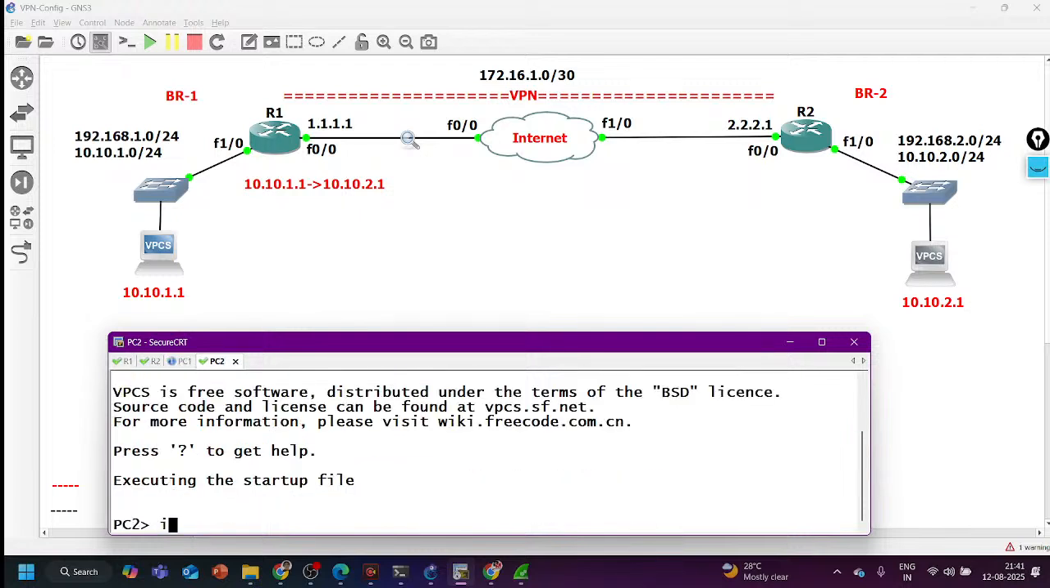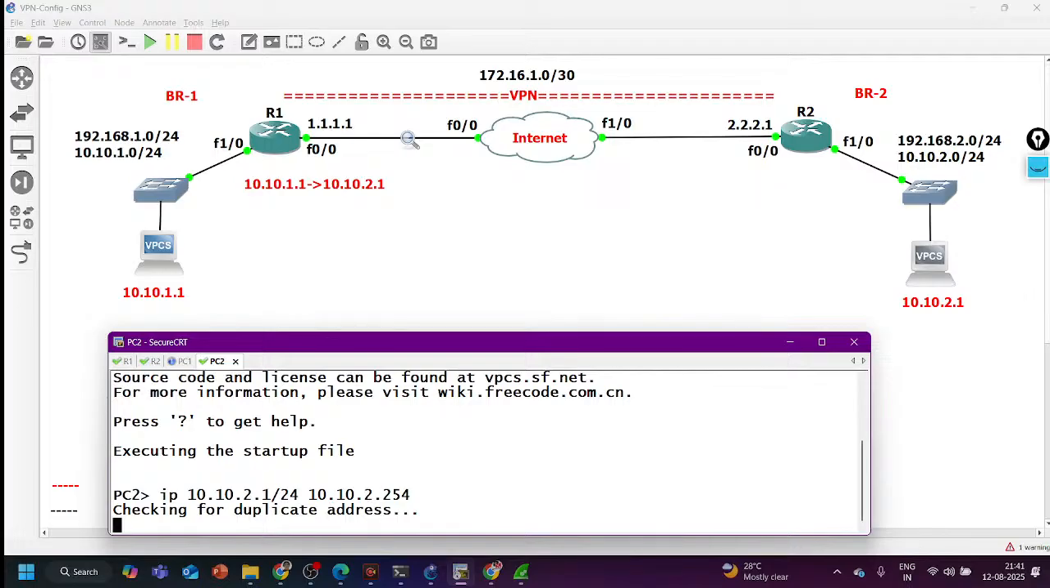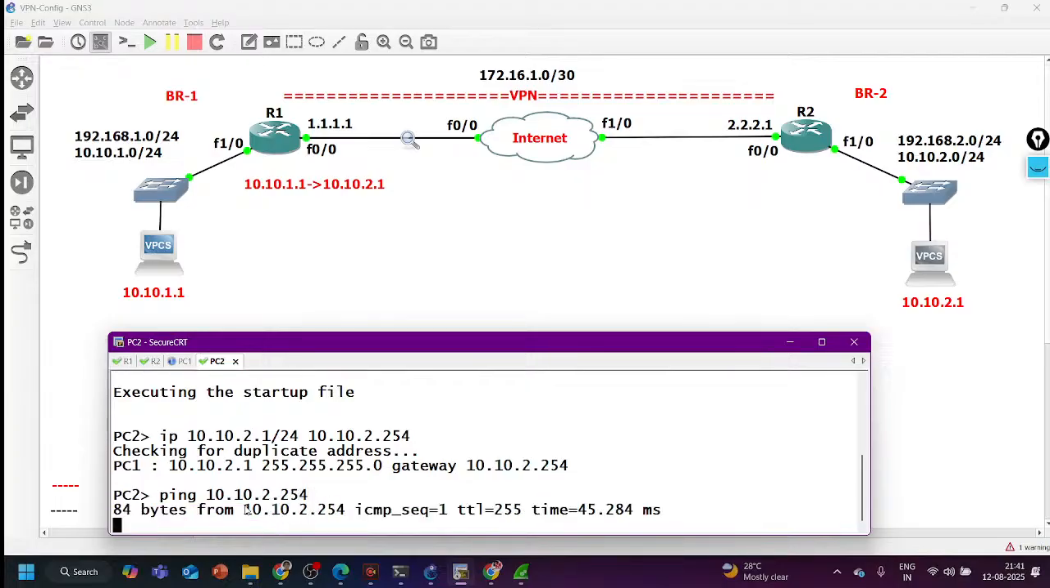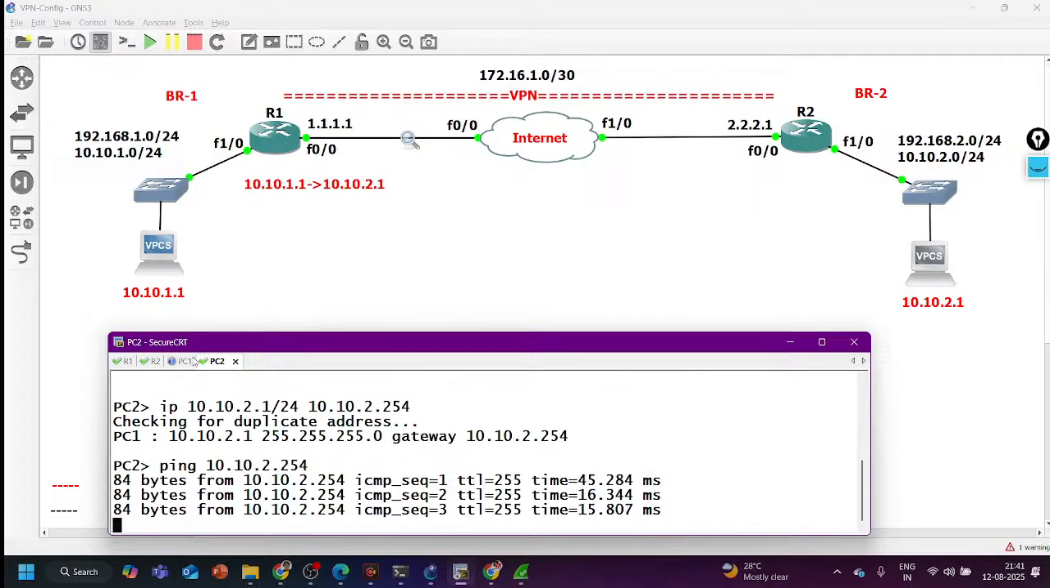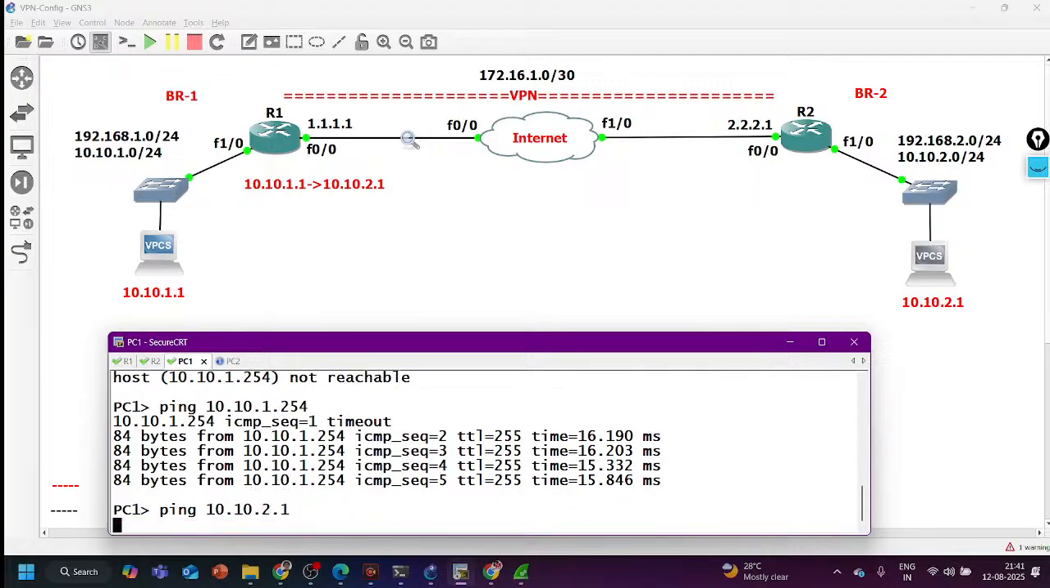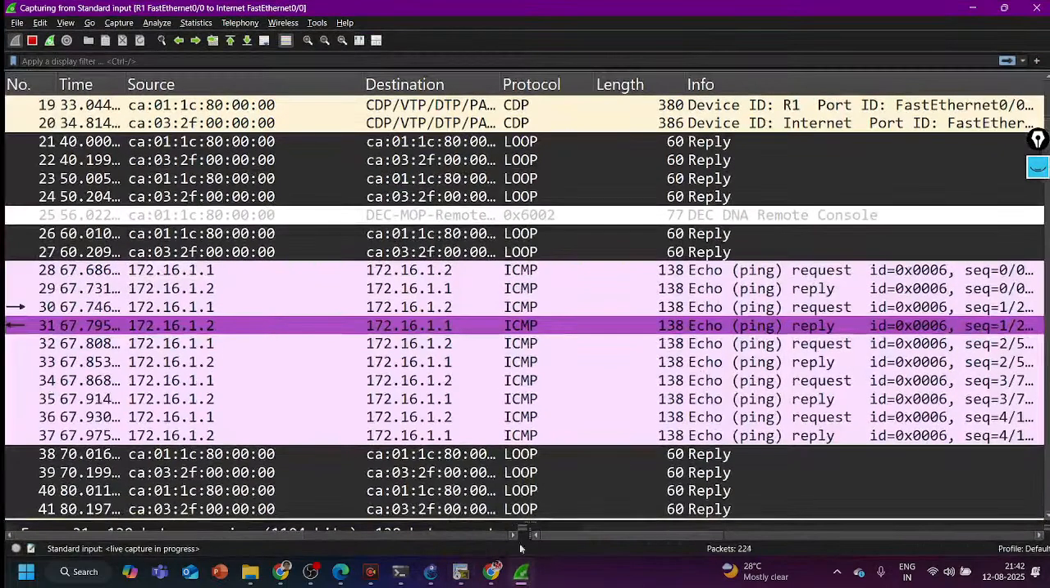Go to PC2 and let me configure IP 10.10.2.1/24 and gateway 10.10.2.254, and let me ping the gateway IP address. Ping 10.10.2.254, and you can see gateway is reachable. But from PC1, if I ping PC2, ping 10.10.2.1, you can see ping is not working, and in the capturing you can see